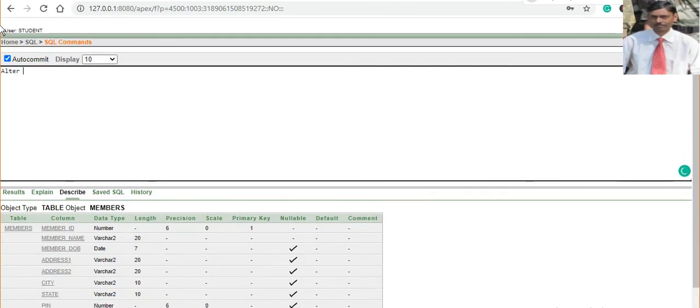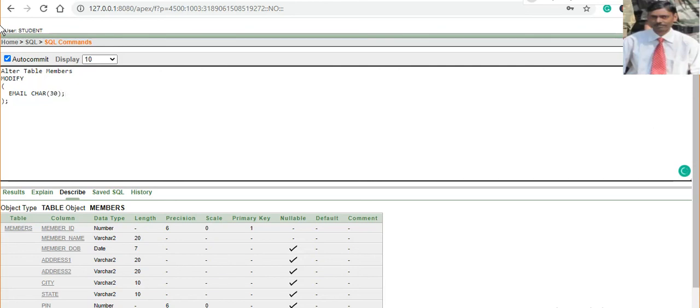Alter table, table name. What is the name of table? Members. Then modify is the command. Okay, and then you have to specify in parenthesis that field, email char 30.